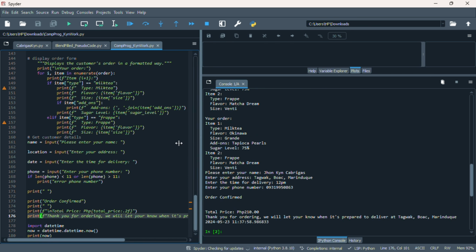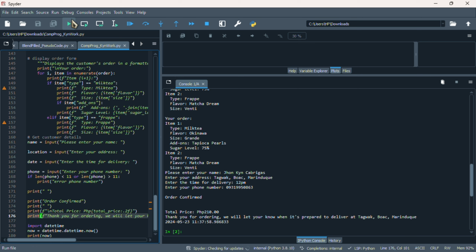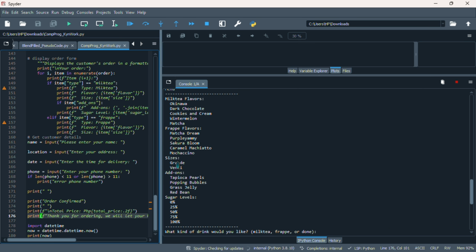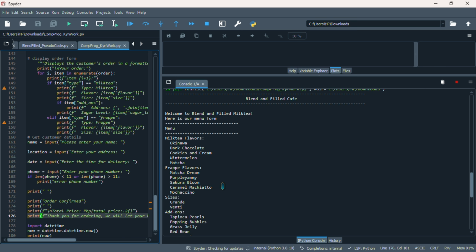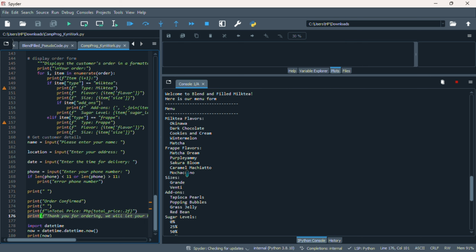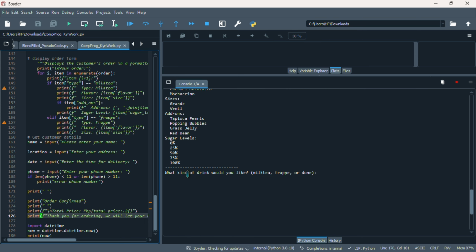So let's run this program. The first thing that we can see is the welcome form and the menu: the milk tea flavors, frappe flavors, sizes, add-ons, and sugar levels. The first thing that the system asks is what kind of drink would you like? And the choices are milk tea, frappe, or done.